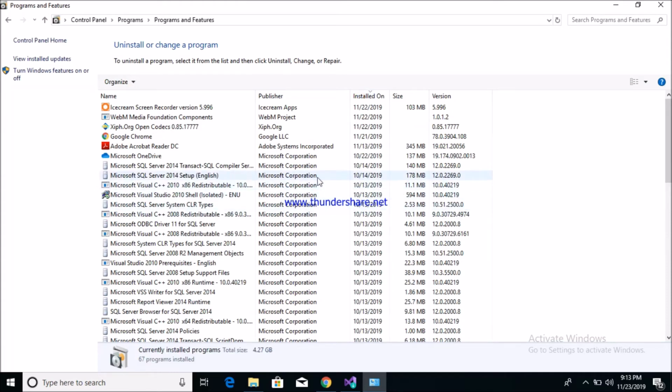and just like I want to uninstall this software, Ice Cream Screen Recorder version 5.996. I want to uninstall this particular software, and suppose I want to uninstall this Ice Cream Screen Recorder version, and double click on this particular file,